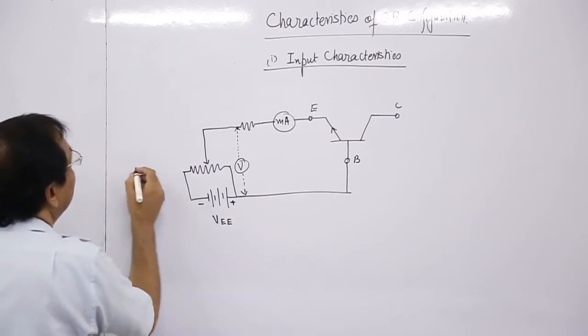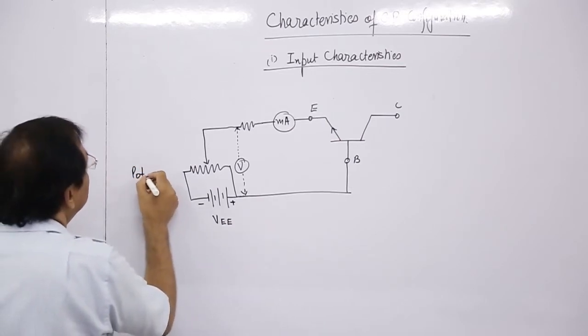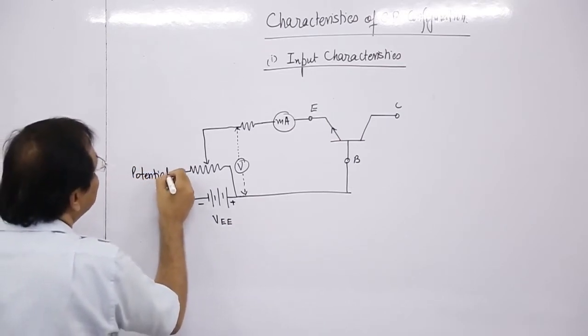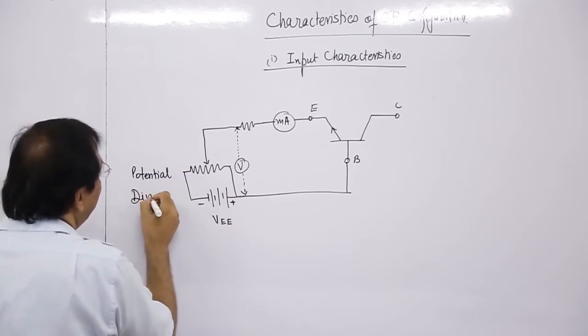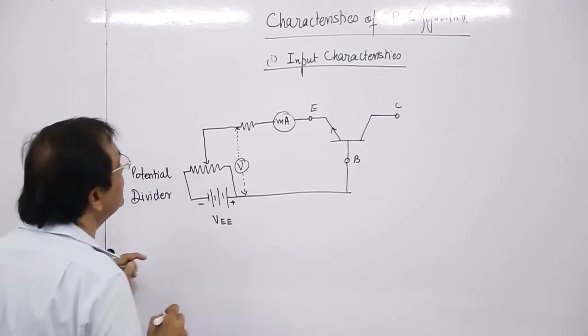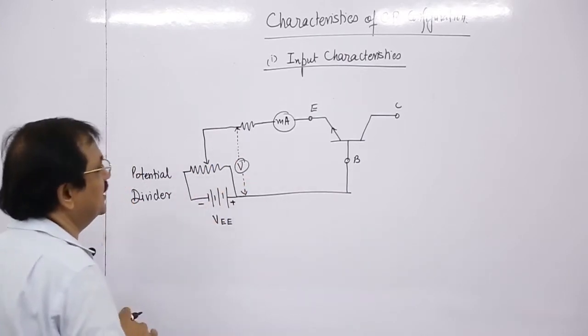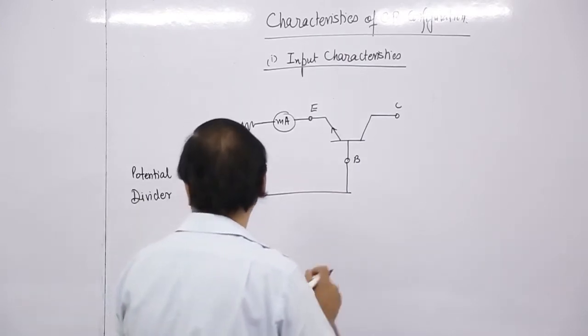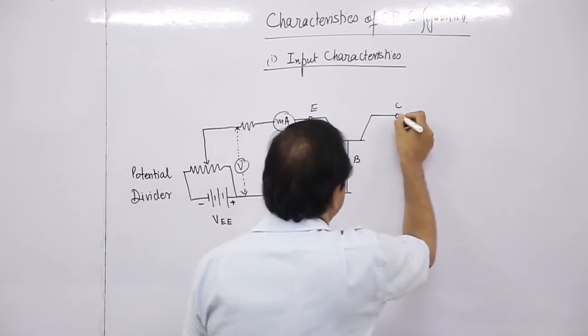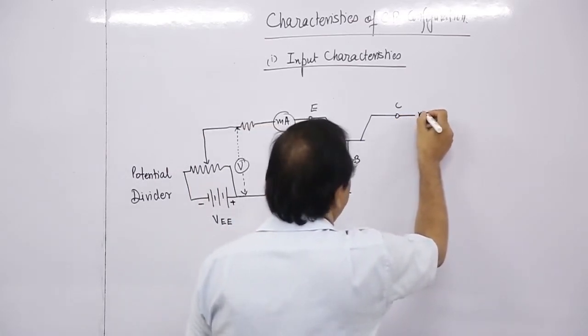So this is a potential divider. It divides the input potential, and now this is again a milliammeter,